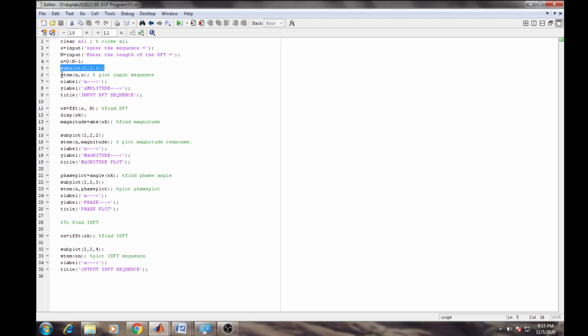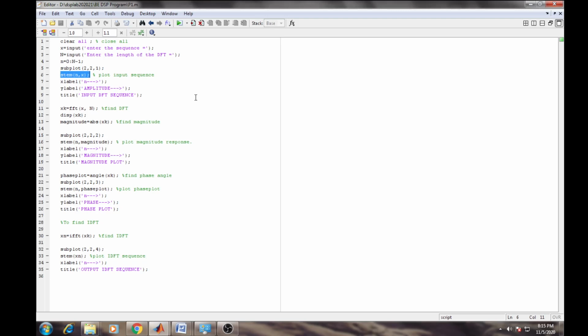Now the second statement is stem in brackets n comma x. Now you know the meaning of stem. The purpose of stem is to discretize the signal, so that's why the input signal gets discretized. So x of n we have to show in discretized form, so that's why stem in brackets n comma x is used, right?